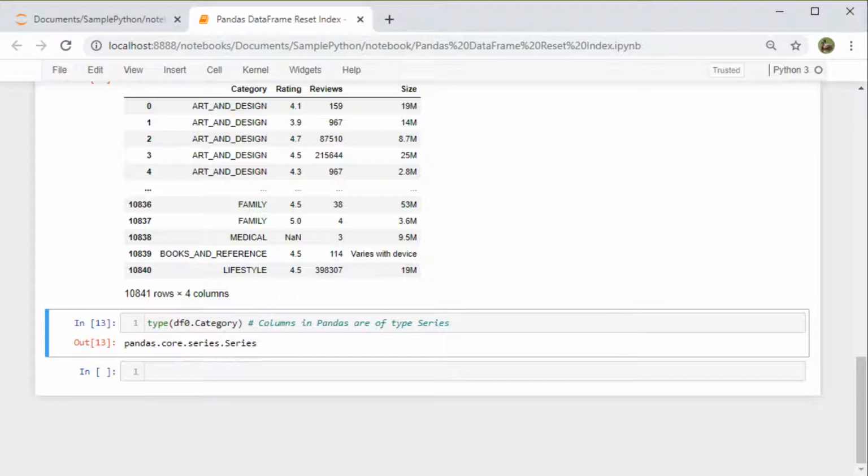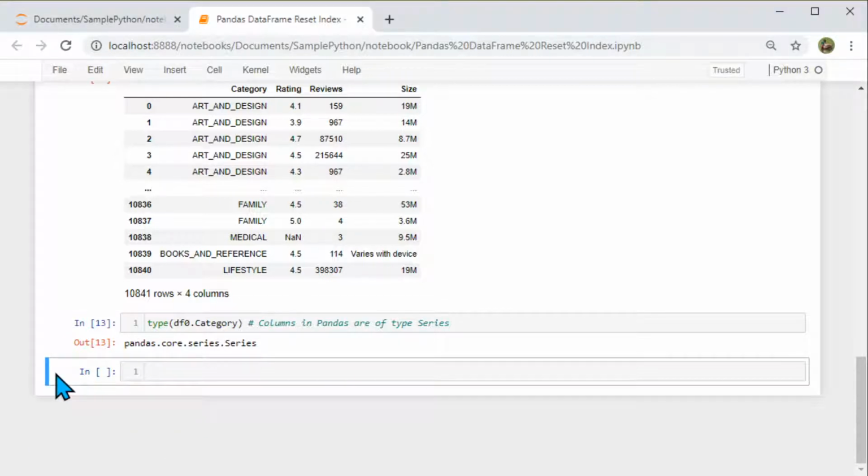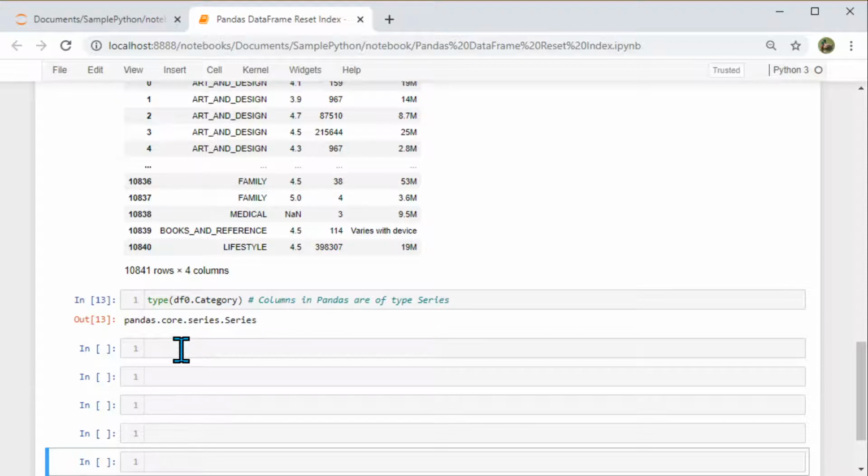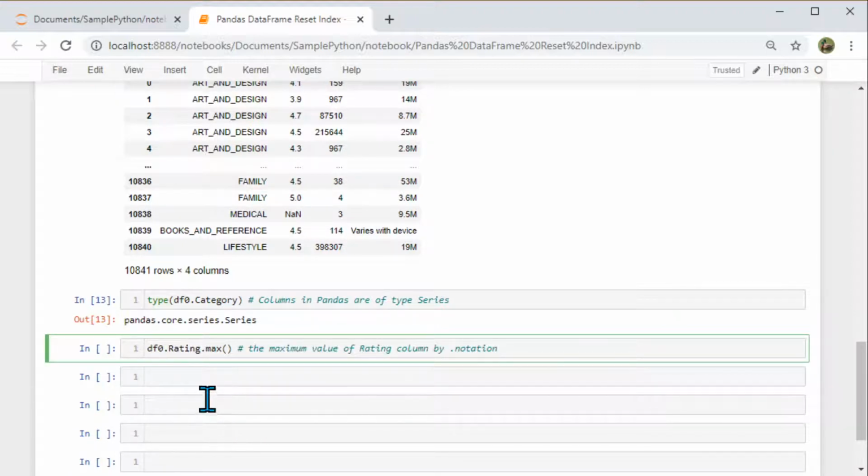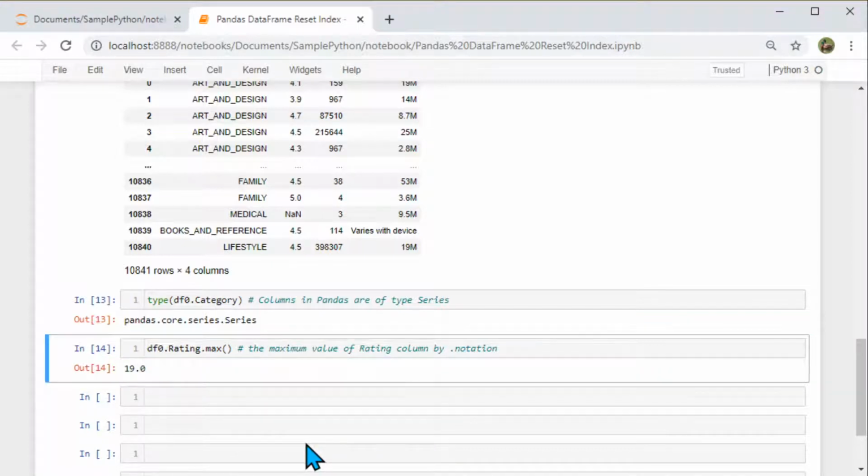Okay. So once we have a particular column, on that column we can use dot notation and use methods or functions on it. So let's see one of them here. I say data frame rating max. What it would do is go to that column, find the maximum value, and show it. Like in SQL we have select max of a particular column name. This is similar to that. In a Python data frame we can just say data frame dot column name dot max, and it will return the maximum value available.